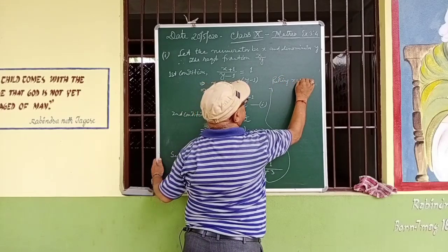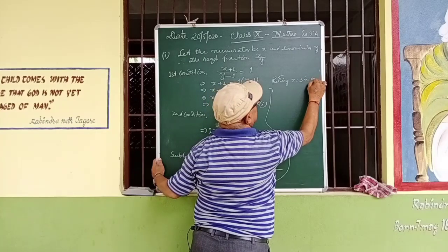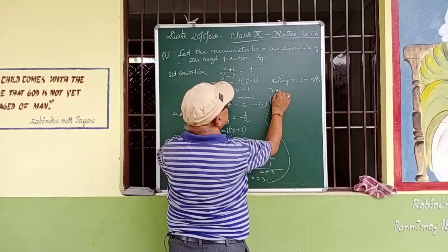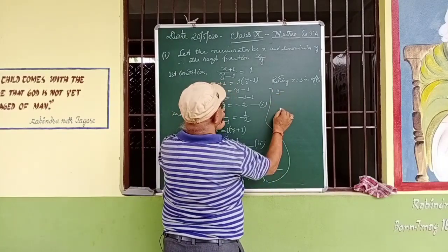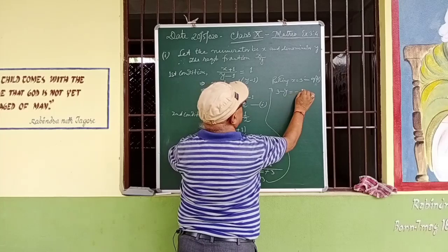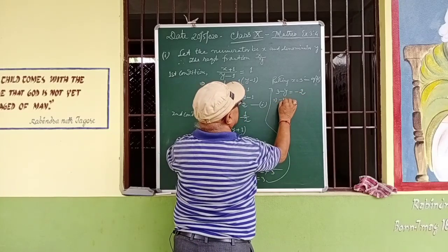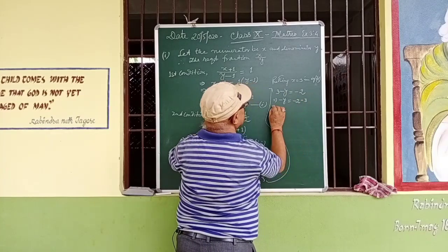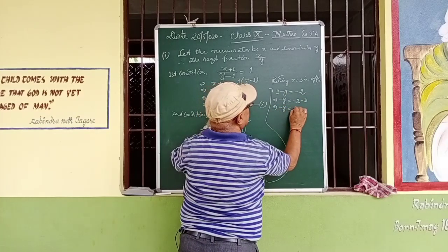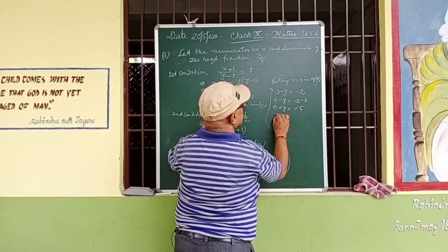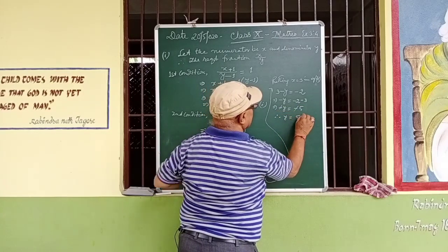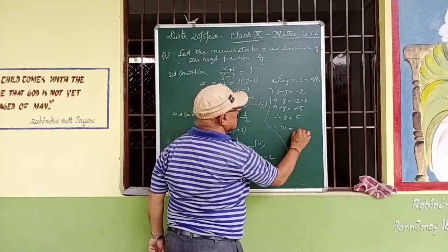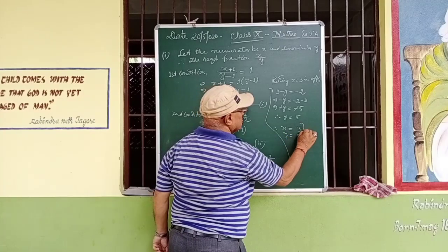Putting x is equal to 3 in equation 1, 3 minus y is equal to minus 2, or minus y is equal to minus 2, this 3 you take that side, it will be minus 3, or minus y is equal to minus 5, minus minus cancel, therefore y is equal to 5. So our solution is x is equal to 3, y is equal to 5.